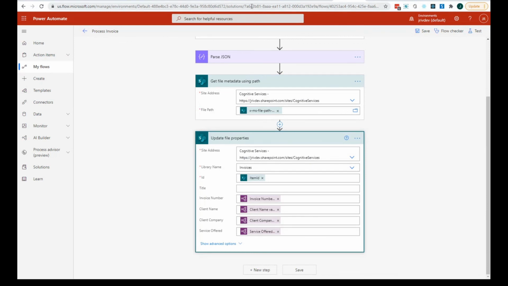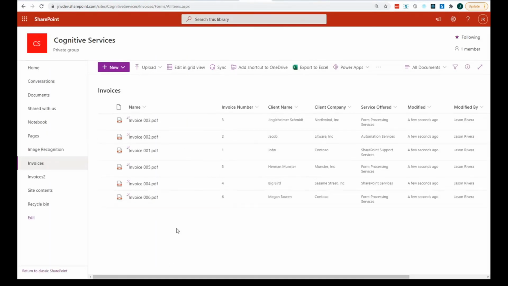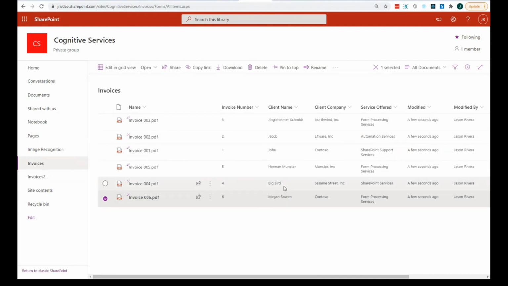We go back over to the library. You could see Megan Bowen's invoice is right here. Big Bird, Herman Munster, John Jacob Jingleheimer are in here as well. This is a number field, so it converted it and removed the leading zeros. If it was a string, you would have seen 003, 002. And if we open one, Herman Munster here,